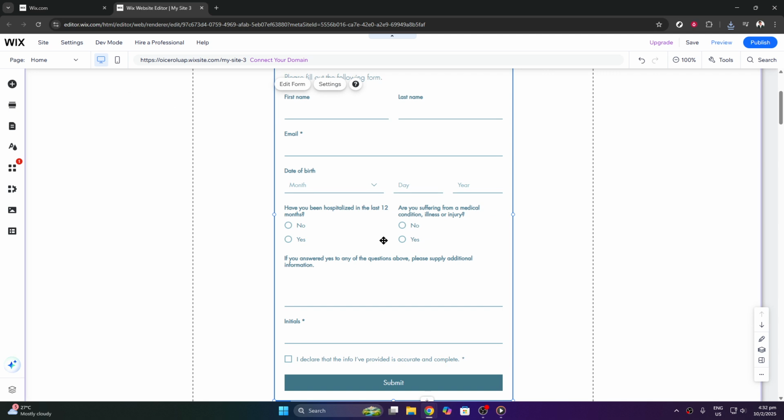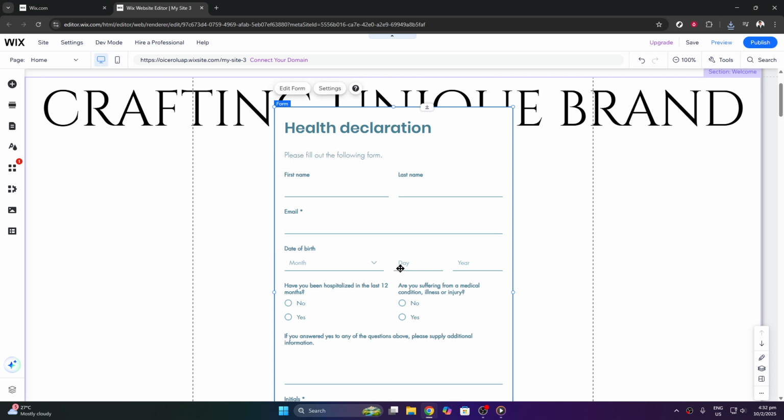Within the Add Elements menu, scroll through the options until you see Contact and Forms. Click on it. This section houses all the tools you need to facilitate communication with your site's visitors. Adding a contact form is essential for gathering feedback, leads, or even managing customer inquiries, so this is a crucial